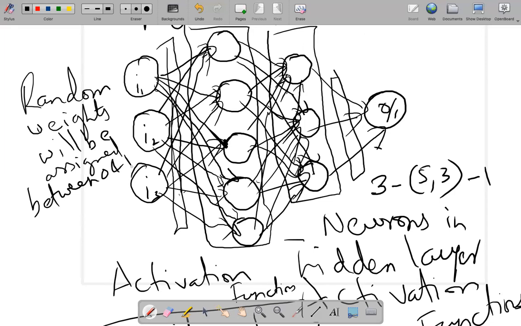Now, once it does the processing and finds that the actual value is wrong, it starts the process of backward propagation.